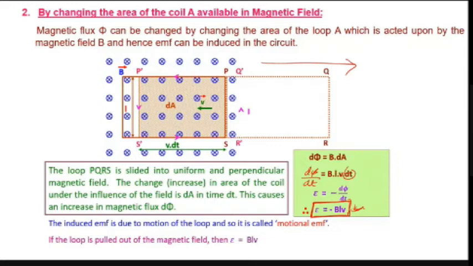But accidentally, you are correct. We have to use Fleming's right hand rule. But that is not the thing I'm expecting. I'm expecting the other law which we have discussed. We have discussed Faraday's law; the other law we have discussed is Lenz's law. The direction of the induced EMF is given by Lenz's law. Always remember again, the magnitude of the induced EMF is given by Faraday's law, and the direction is given by Lenz's law. That was the expected answer. So how can we apply Lenz's law here? Aditi.